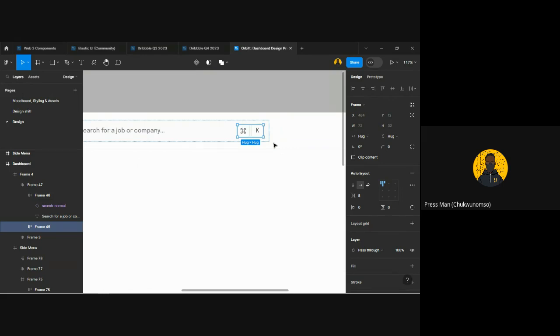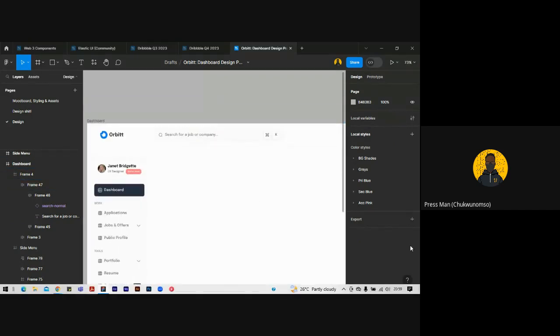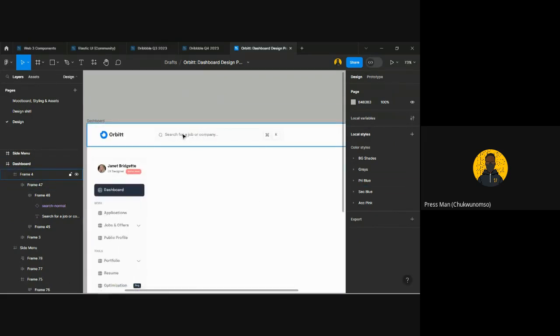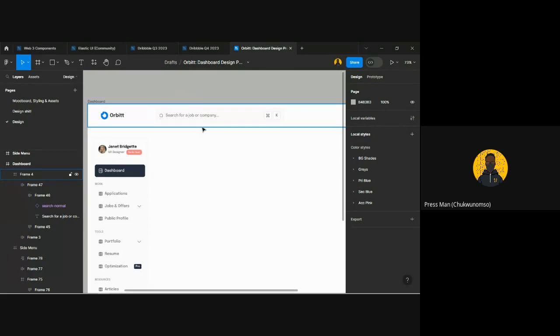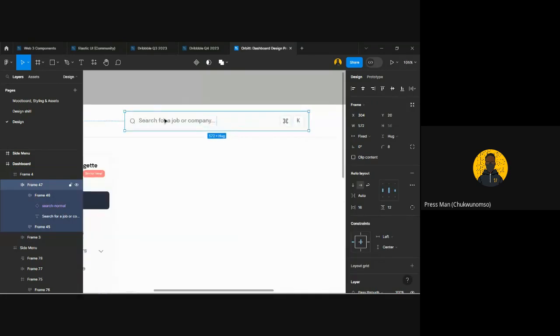When the client or the consumer looks at this, in case they want to quickly search something, instead of hovering all the way with their mouse to this particular area of the screen, they can just hit Control and K together, and they are able to access that search feature, right? So, like I said,